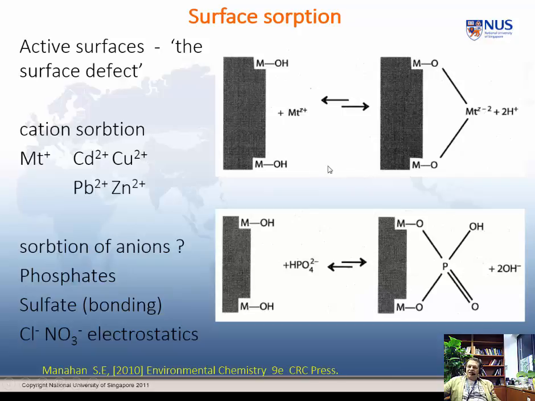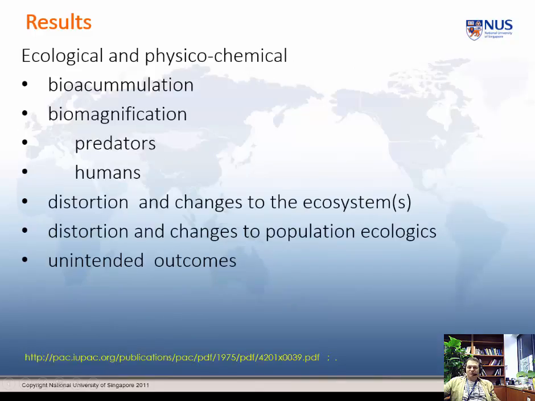Surface absorption, typically defects in metal surface particulates. So you have metal absorbing on those active sites or those defect surfaces, which then allows complexation of some pollutant on the particulate. Equally, phosphates, sulfates, and various other similar electrostatic interactions. So particles are interesting because if the particle then drops out to the sediments, everything on the particle also drops out to the sediments.